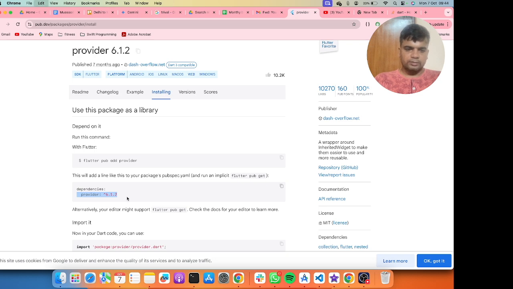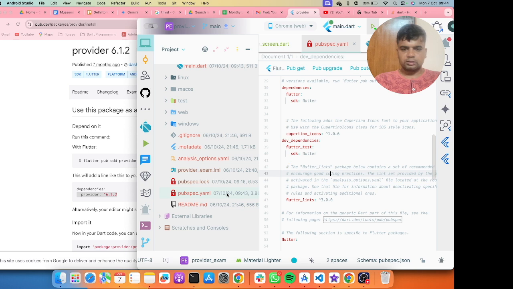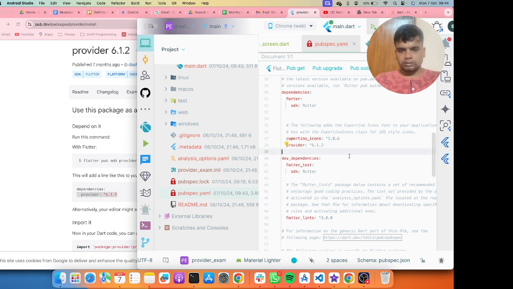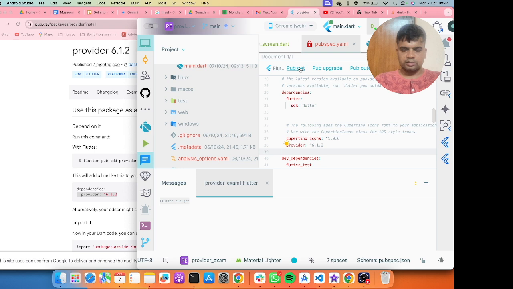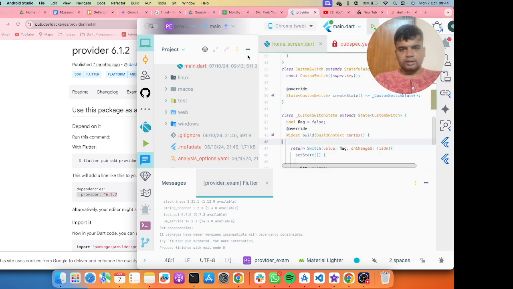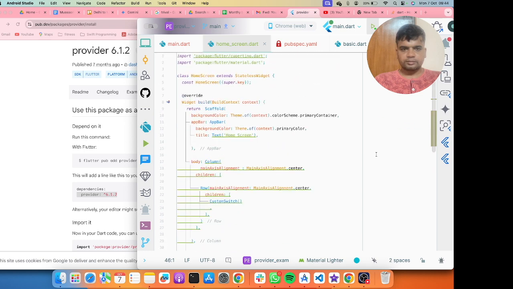So I will just paste the dependency to the pubspec.yaml. After pasting the dependency, I will run the pub get command, and after that the provider is installed.